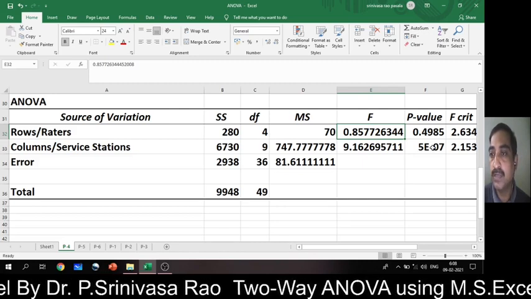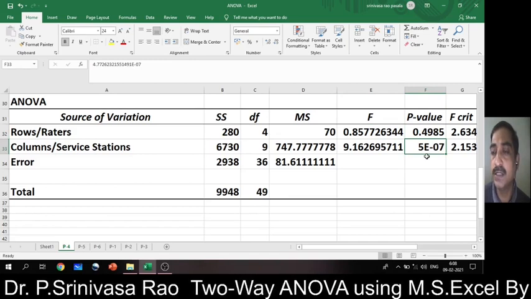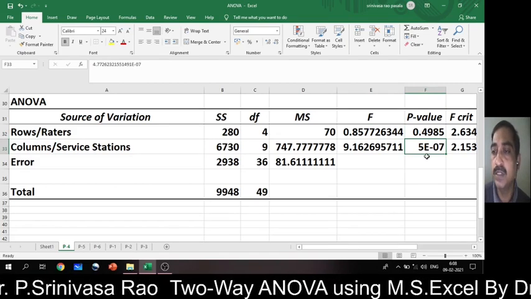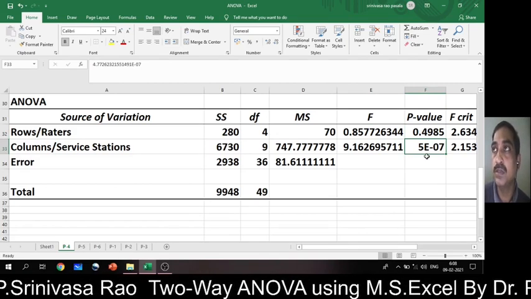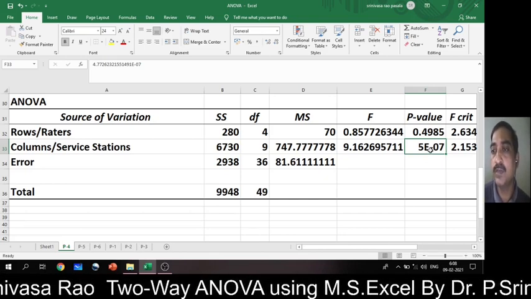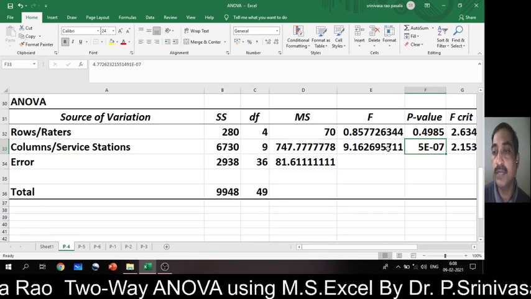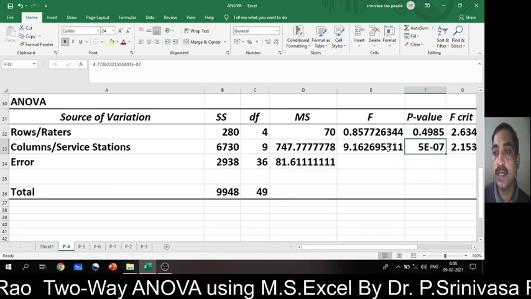So if you observe for the second one, it is 5 into e power minus 7, which means 0.000005, right? So it is always less than 0.05. So the F value is significant. If the value is significant, you reject your null hypothesis.